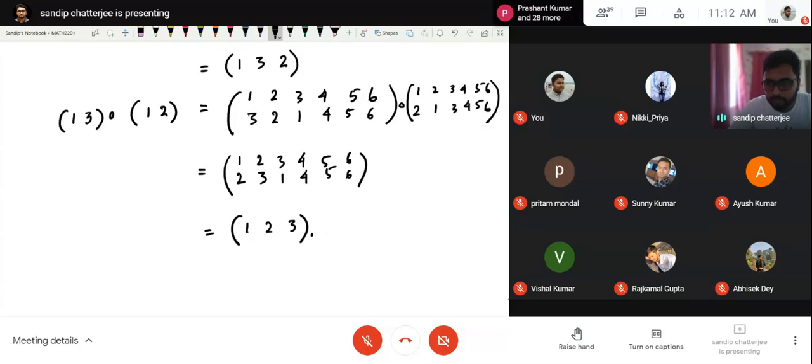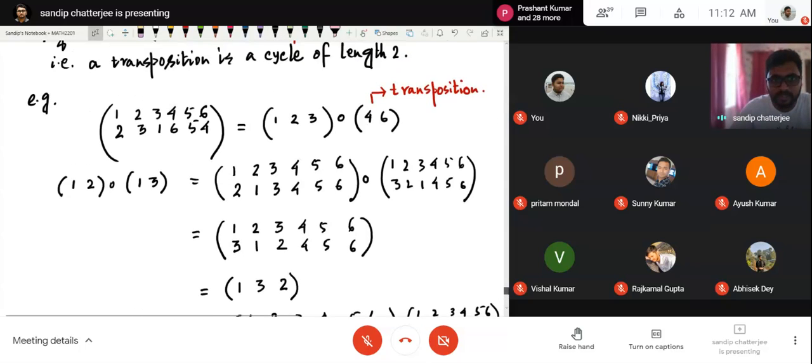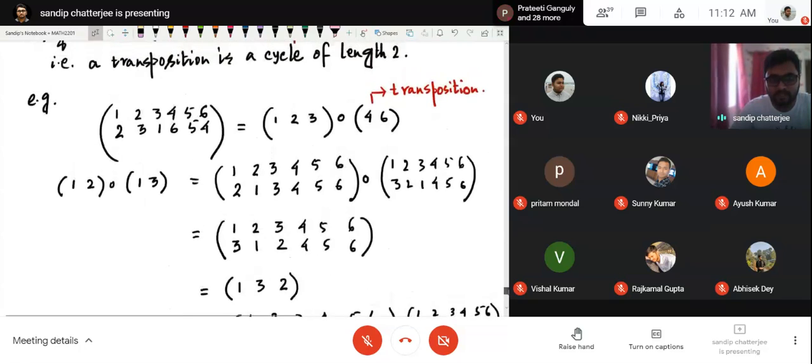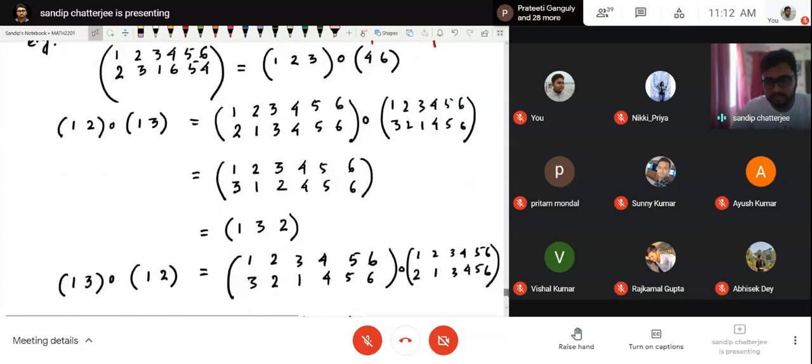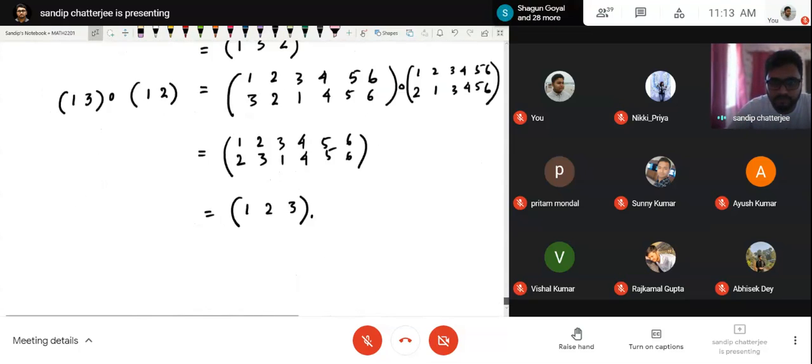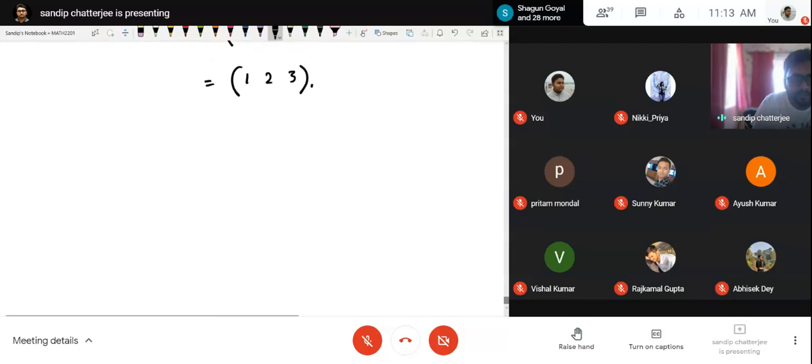Now, if you look at our problem from wherever we started, this is the meaning of a transposition. That is a 2-cycle, and this is how we can take the product of them. So if I consider our previous permutation from which we started, this is actually our permutation phi 2, whatever we discussed earlier, 2 3 1 6 5 4. So actually, what we've seen is that 2 3 1 6 5 4.